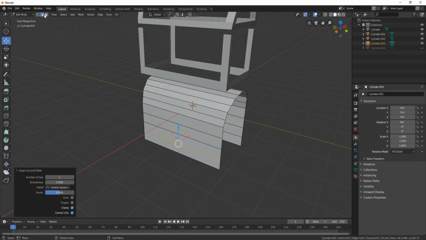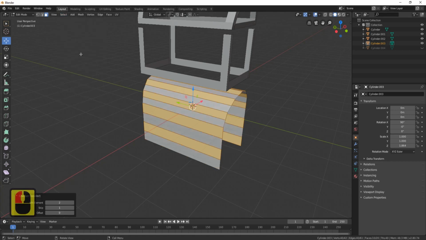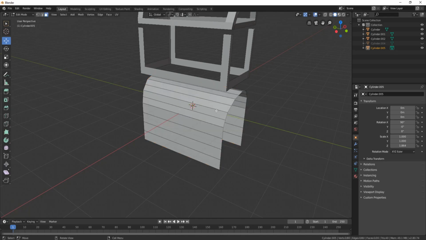Okay, now let's go into face select, hover over it, press L, come up to select and click checker deselect. That will select every other piece of wood. Press the P button, selection, and now we'll press tab, and now we'll click on, let's say, the bottom one and the second one up, press Control J, and that'll join them all together. Now what we've actually done there is we've split up every single face to make them individual pieces of wood. So now if we go in, press the tab button, you'll see they look the same,